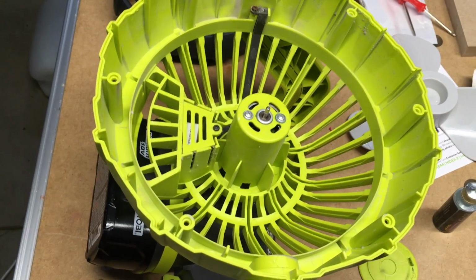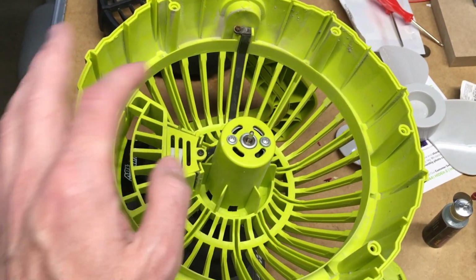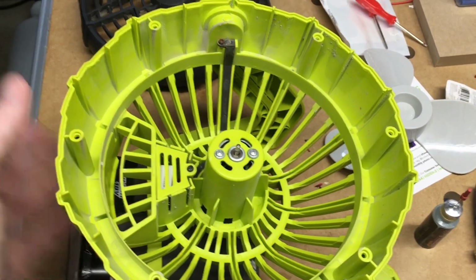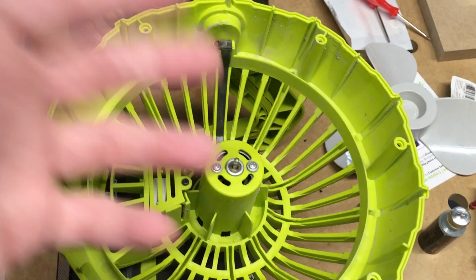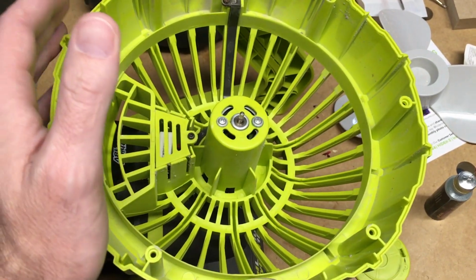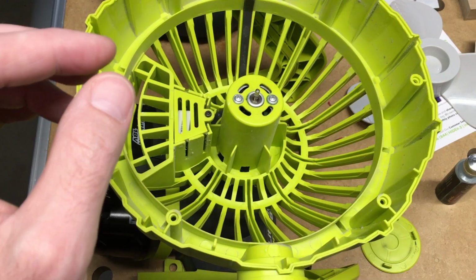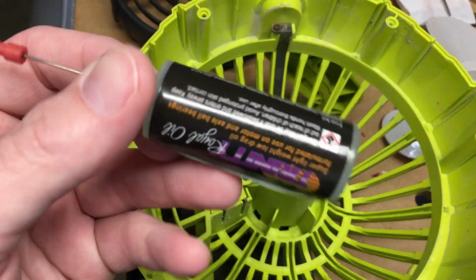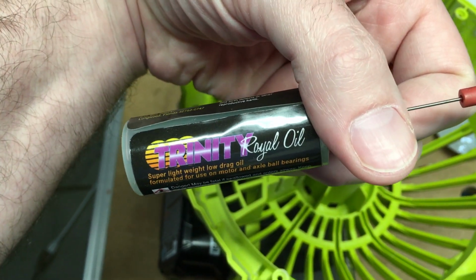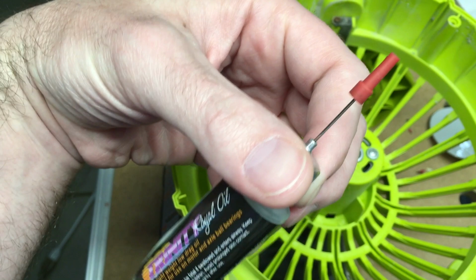Welcome. In a previous video I took apart this Ryobi fan to find out why the motor was making noise, and I couldn't figure out what was wrong. I unsoldered it and tried to take the motor apart, but couldn't get it apart, and I posted that. Then I got a comment that mentioned lubricating a motor, so I thought, heck, why not? So I took some of this, it's a Trinity Royal Oil, lightweight oil for RC cars,